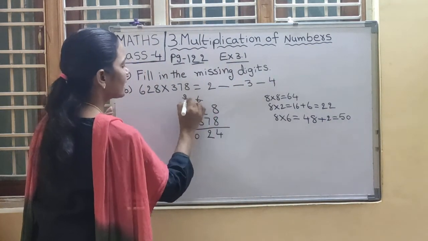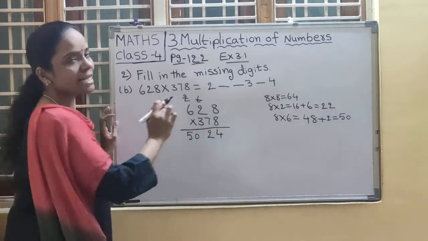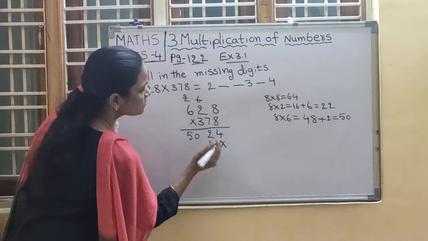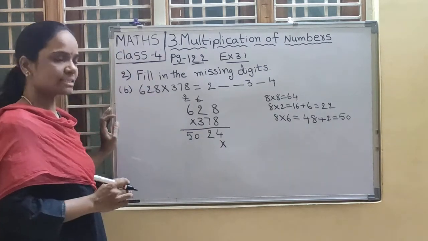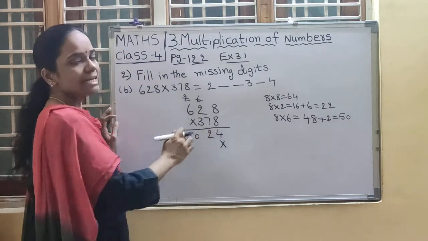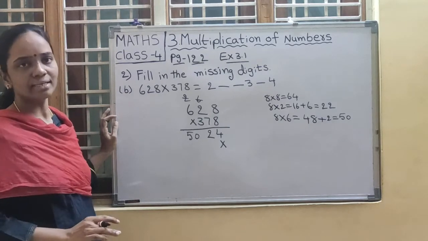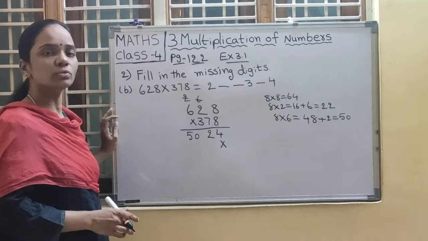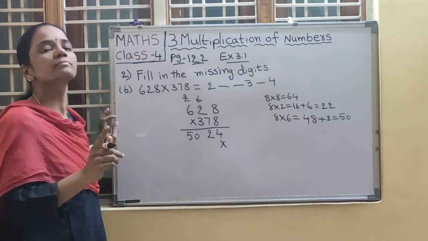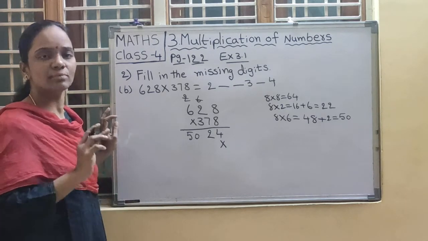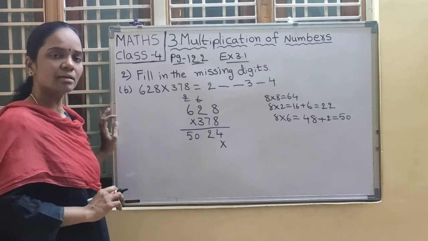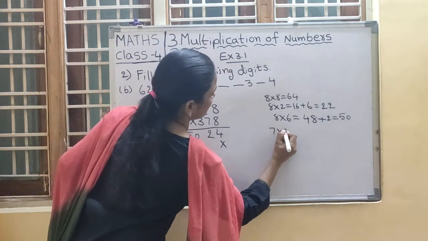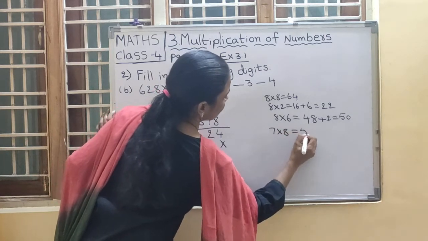Now cut these carries. Next, do with the 7. With the tens place digit we are doing now. So for ones place put a cross mark, start with the tens place. Okay, children, next come to the 7 table. Children, tables are very important. Without knowing tables, it is very difficult to do multiplication. So learn, everyone, 2 to 12 tables. Okay, children? Yes. Next, 7 8s are 56.